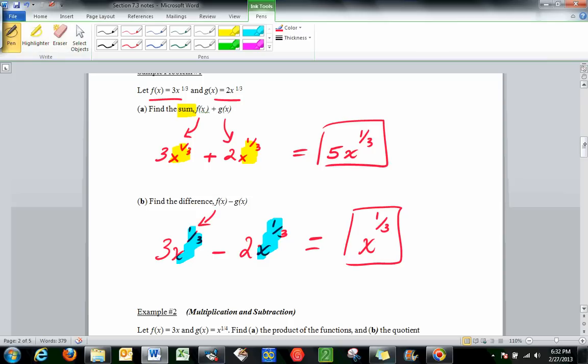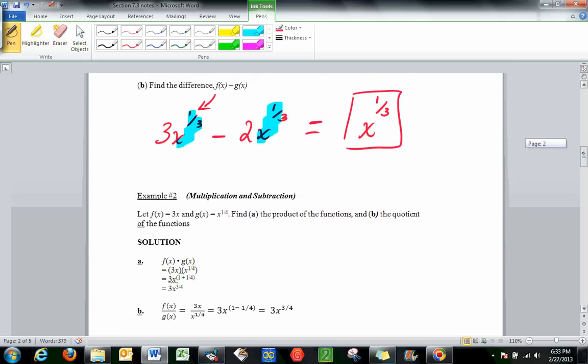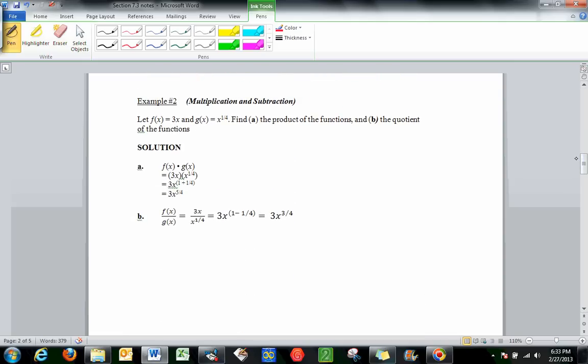Okay, so there's two examples of addition and subtraction, combining two defined functions together. Now we're going to move into multiplication and division. Now in multiplication and division, this is where we're going to now see the exponent properties that we've learned. So in the exponent properties, when we multiply and divide the defined functions, this is going to give us a